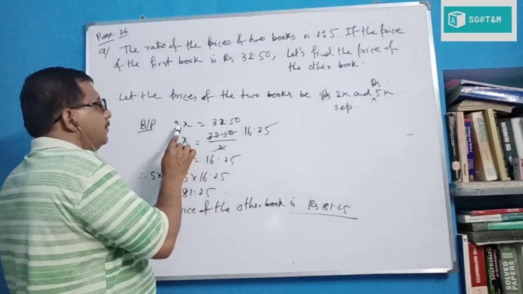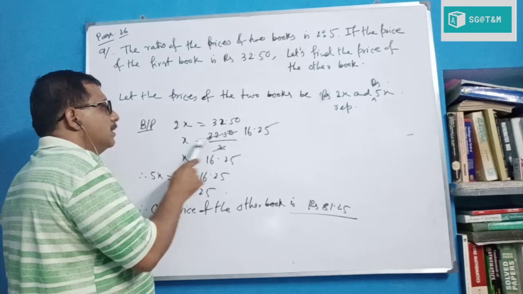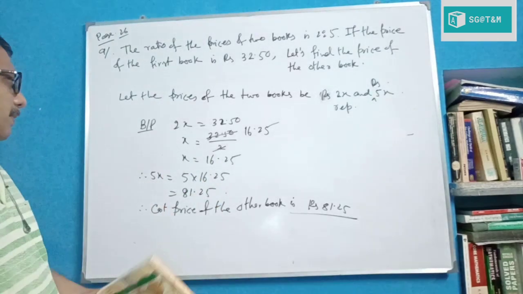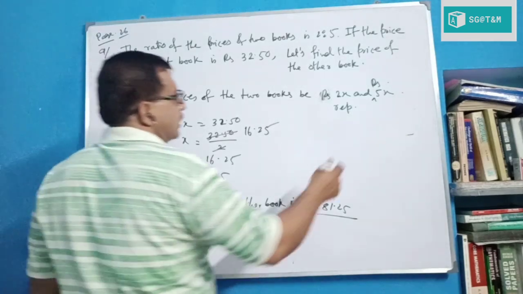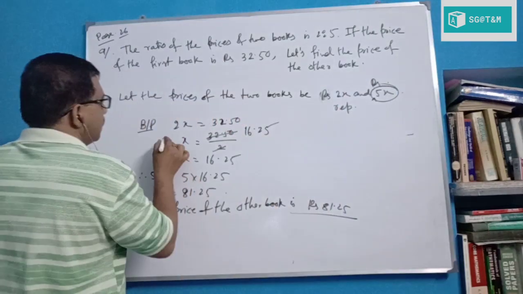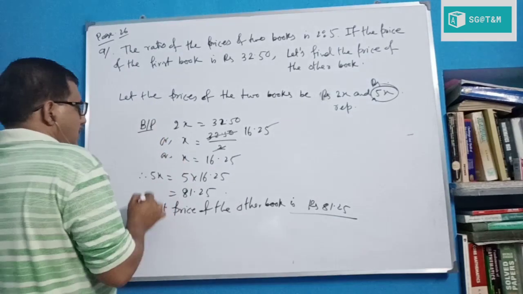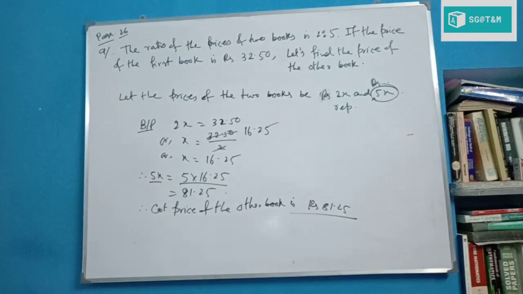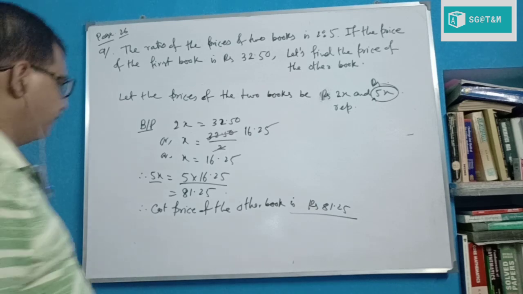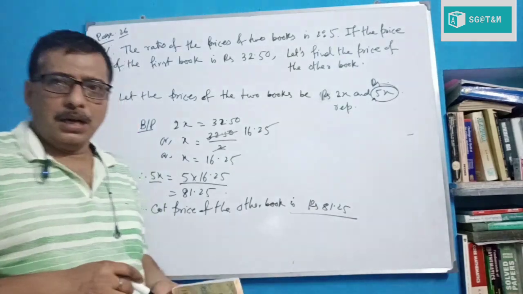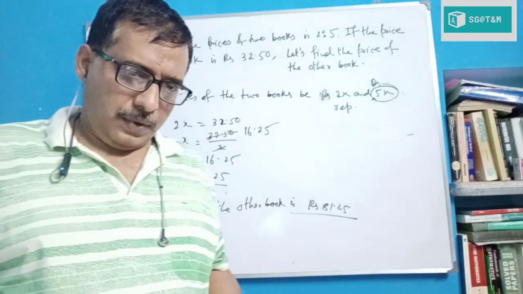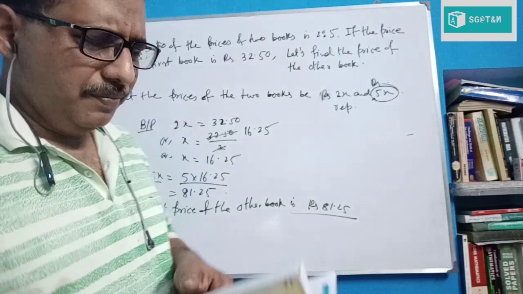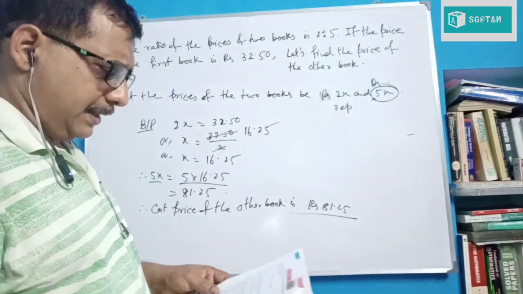Solving, if 2x is equal to this, then you find x by dividing by 2 on both sides. Again, now you have to find the value of 5x, since the other book is 5x rupees. Therefore 5x is equal to 5 into the value of x, then we get it this way also. You may find it in another way also. Solve by any method, either the previous one or this one, no problem at all. Any logical method is accepted.